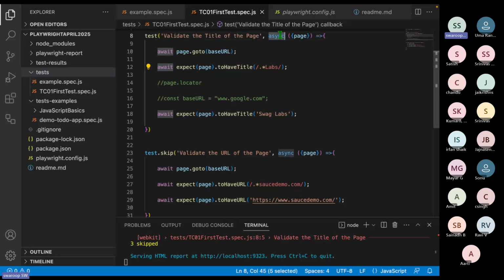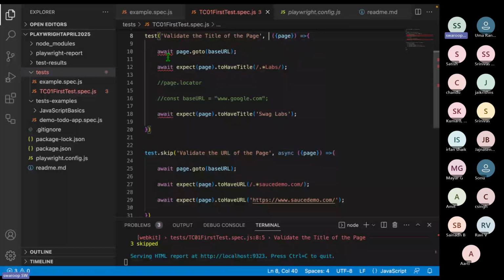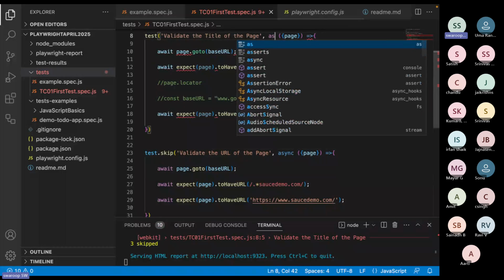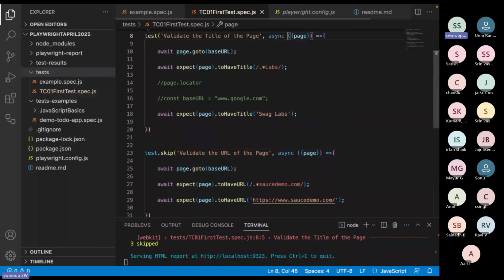Even if I remove this async value over here, we obviously will get the issue over here. So async and await both should go hand in hand. Please remember this. Okay,